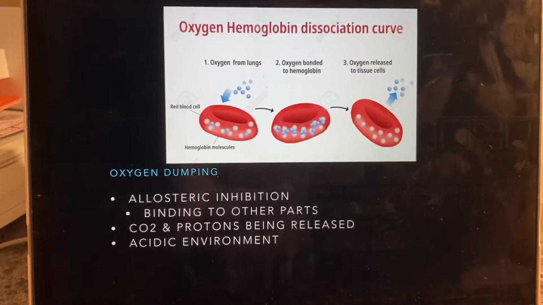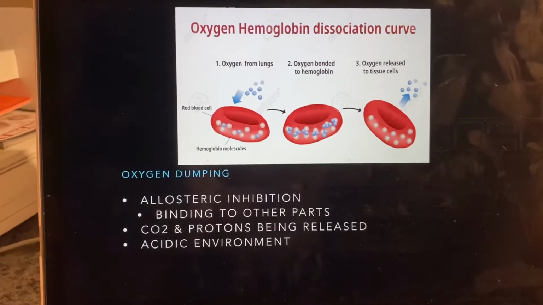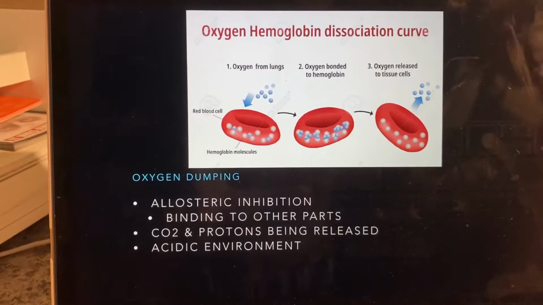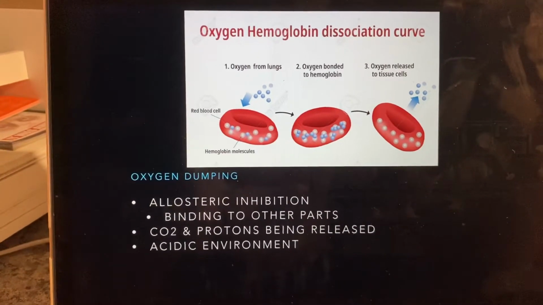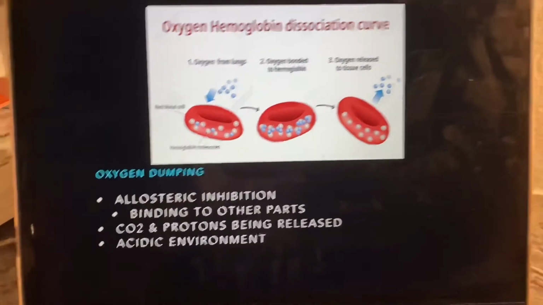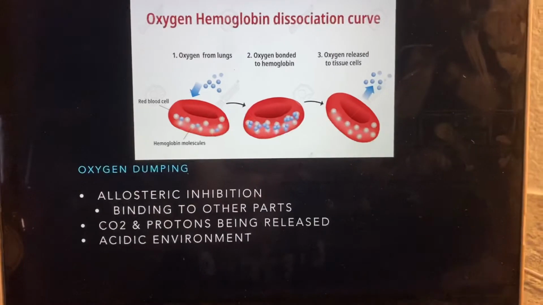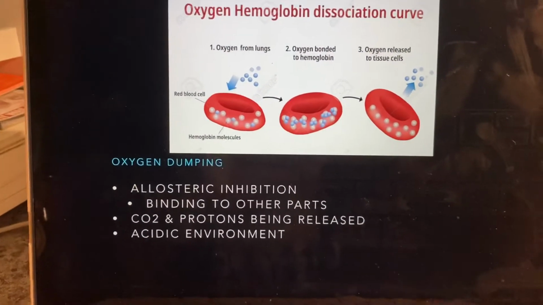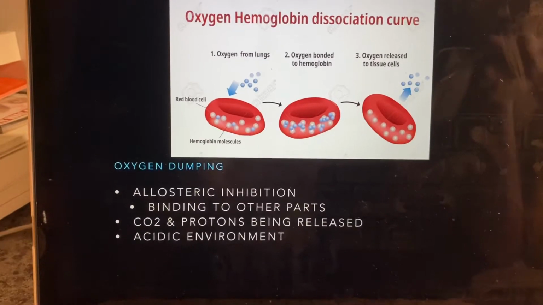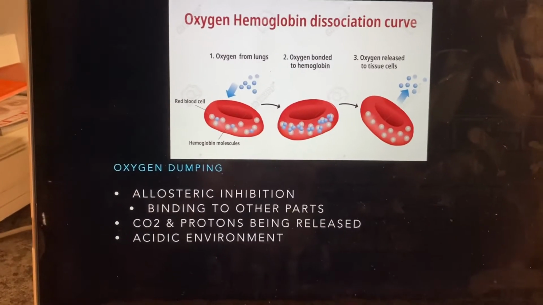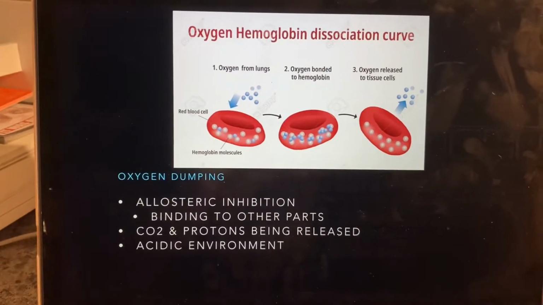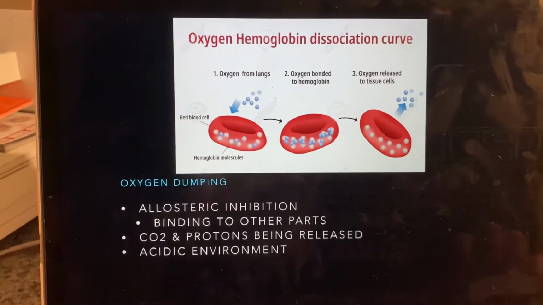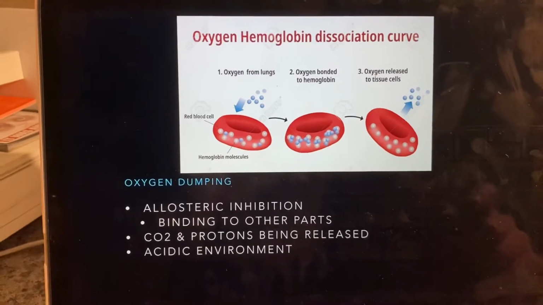This occurs through allosteric inhibition, which means that it helps it to bind and prevents binding from other parts in the body. As the allosteric inhibition occurs, the CO2 and the protons are being released in the body, and that creates a concentration